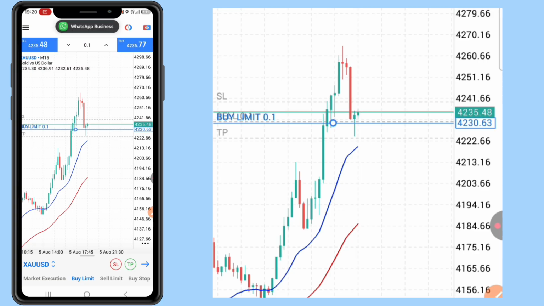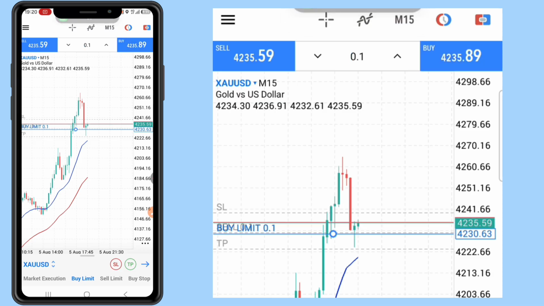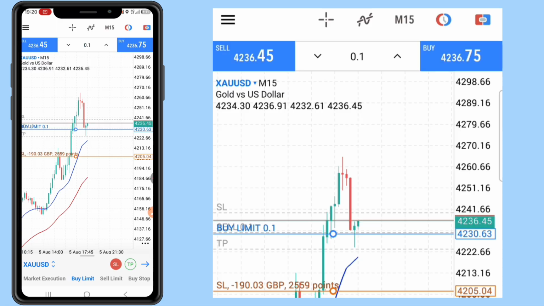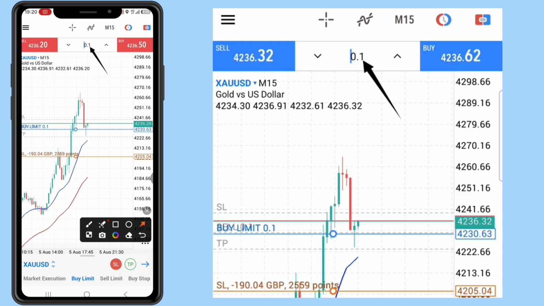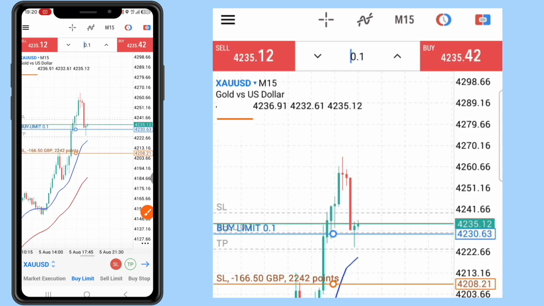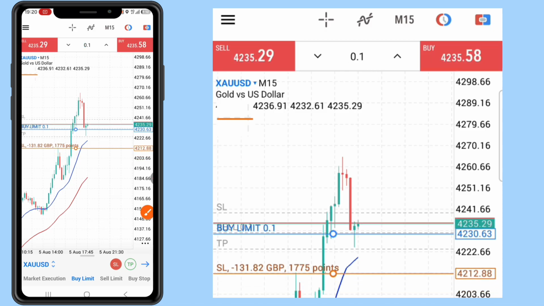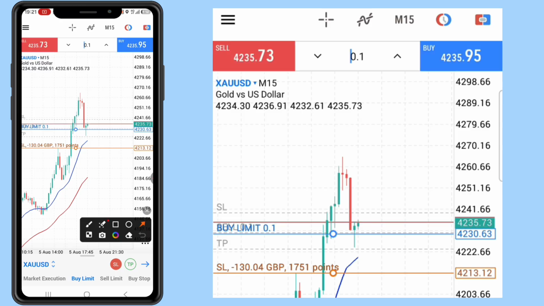So now that we have set our buy zone, we need to set our take profit and a stop loss. But begin with the stop loss. The first stop loss is actually going to be here. So you can see with a lot size of 0.1, if this is our stop loss, actually it's supposed to be above resistance right here, because there are higher chances that the market can drop up to there. So you can see that with a lot size of 0.1, we are most likely to lose 130 if the